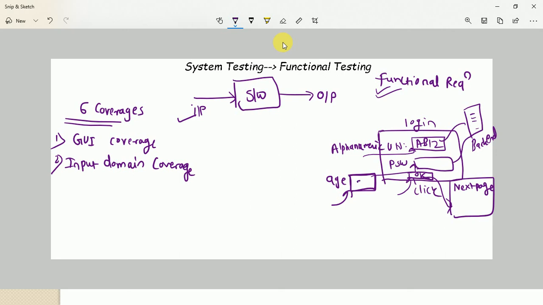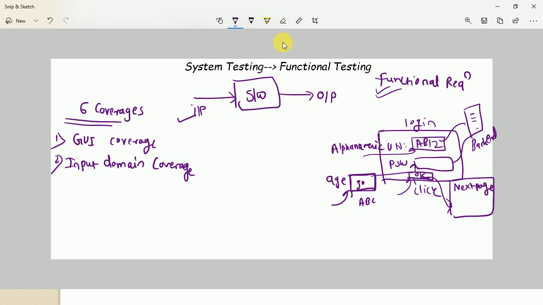Clear? So let's say 30, 35, any data like this the user can enter. Age should accept only numbers, it should not accept any kind of text like A, B, C. So as per the input or the functional requirement of that application, we can verify or validate the field, or input domain, of that application. This is input domain coverage.